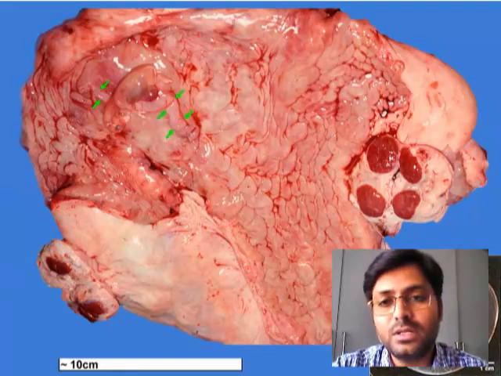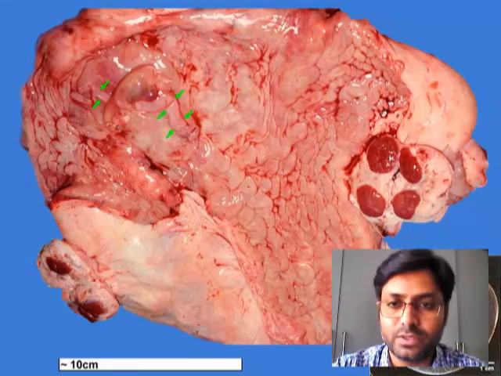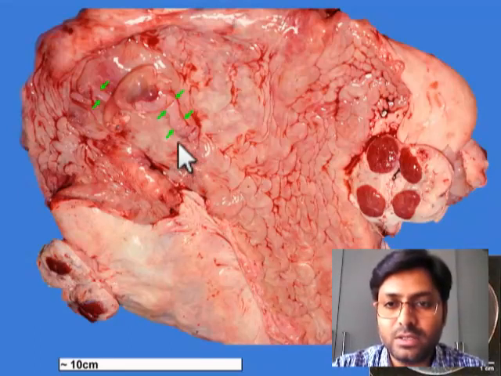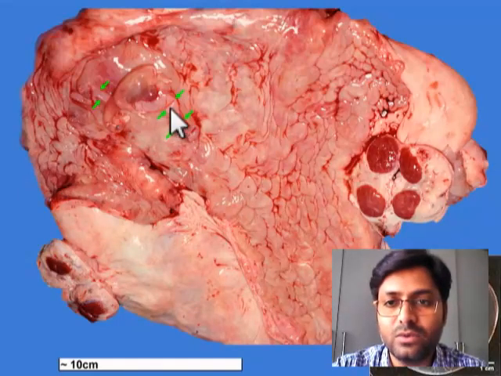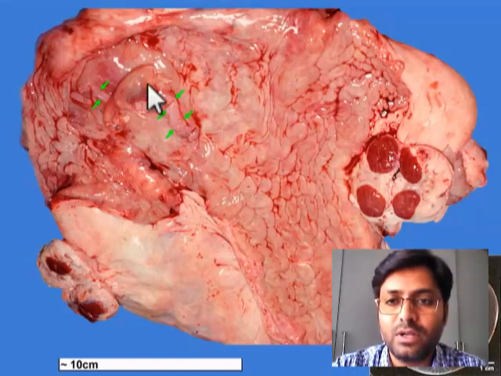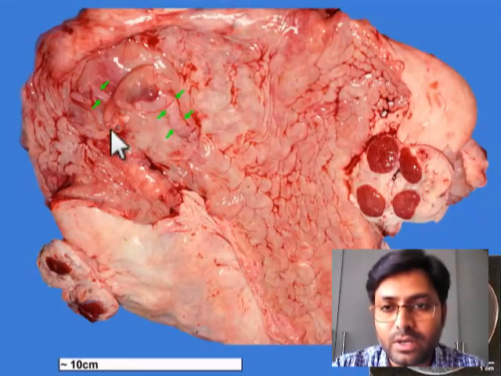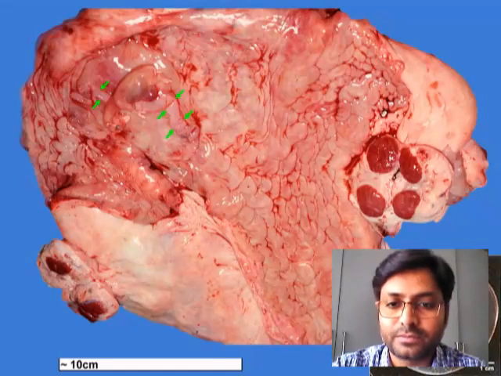Now have a look at the in situ appearance of endometrial cups and equine embryo in the uterus. Here you can see somewhat tortuous protruded structures which are indicated by these green arrows. These are the endometrial cups surrounding the embryo. You can appreciate the equine embryo over here, and it is surrounded by endometrial cups.